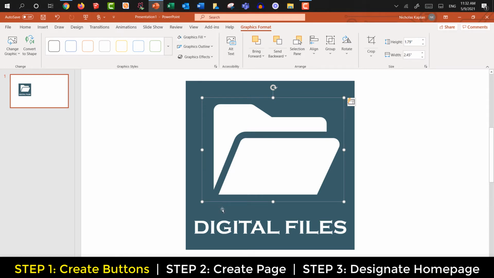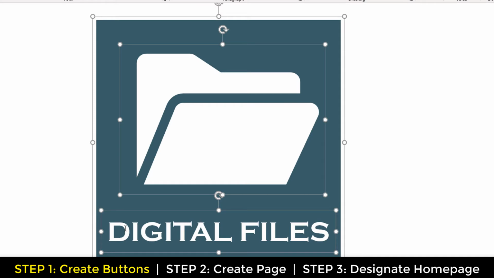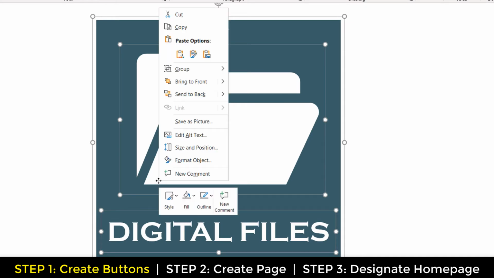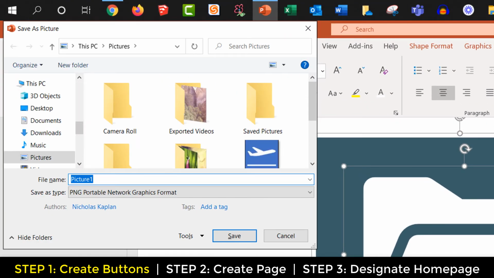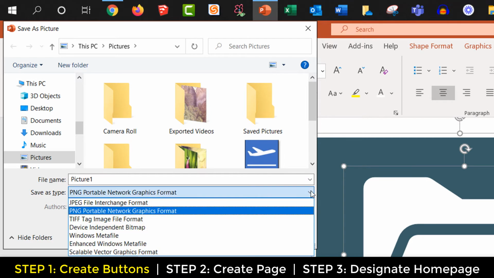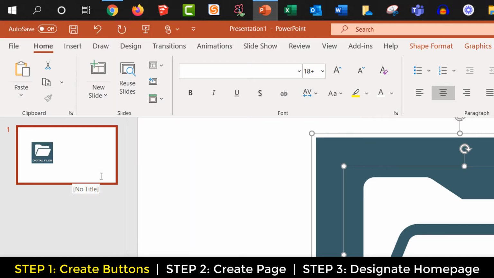Once happy with the design, select all of the elements, which for me is the square, folder, and text. With everything selected, right-click on these elements and navigate to Save as Picture. Microsoft offers a few file types, but I would recommend PNG for this situation. We are converting these 3 individual elements to a single picture file. You can now take that picture file and insert it anywhere: Canvas, Microsoft Word, email, website, just like any other